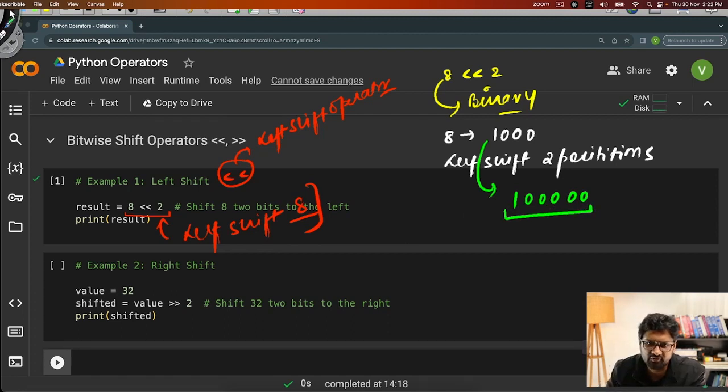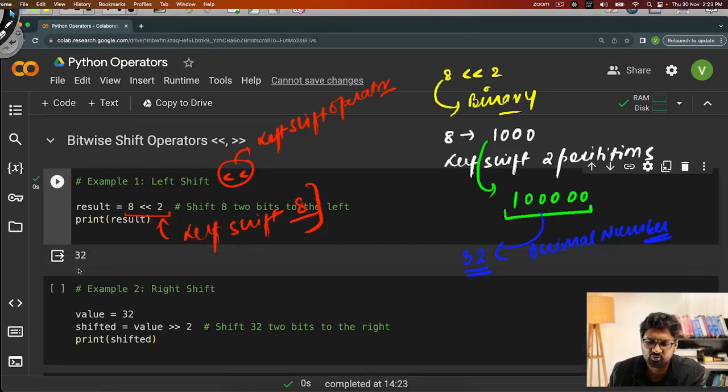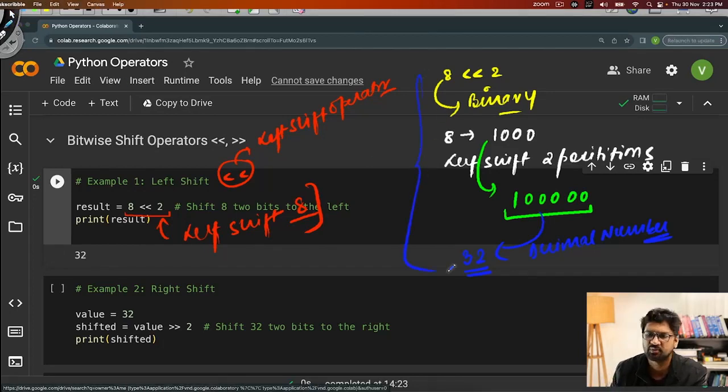Now if I convert that directly into the decimal number, it will be equal to 32. If I run this, let's see if my calculation is correct. तो मैं अगर इसको रन कर दूं, this value comes out to be 32 and this is how the whole calculation has happened. इसको हम लोग कहते हैं left shift.